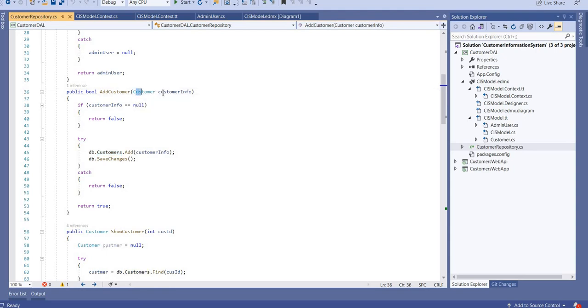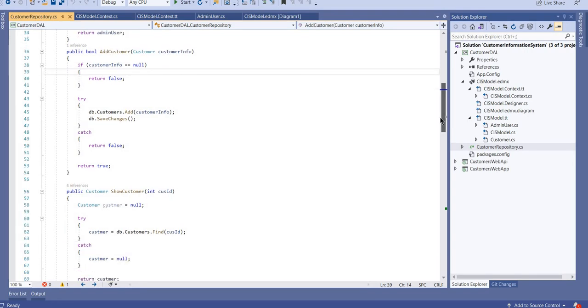So we can see from where we are getting this customer info. Here, if I place my cursor on this customer, see, customer del dot customer, meaning this customer dot cs. Because this will communicate with my table. Customer is the object model of that table. Third method is for show customer.